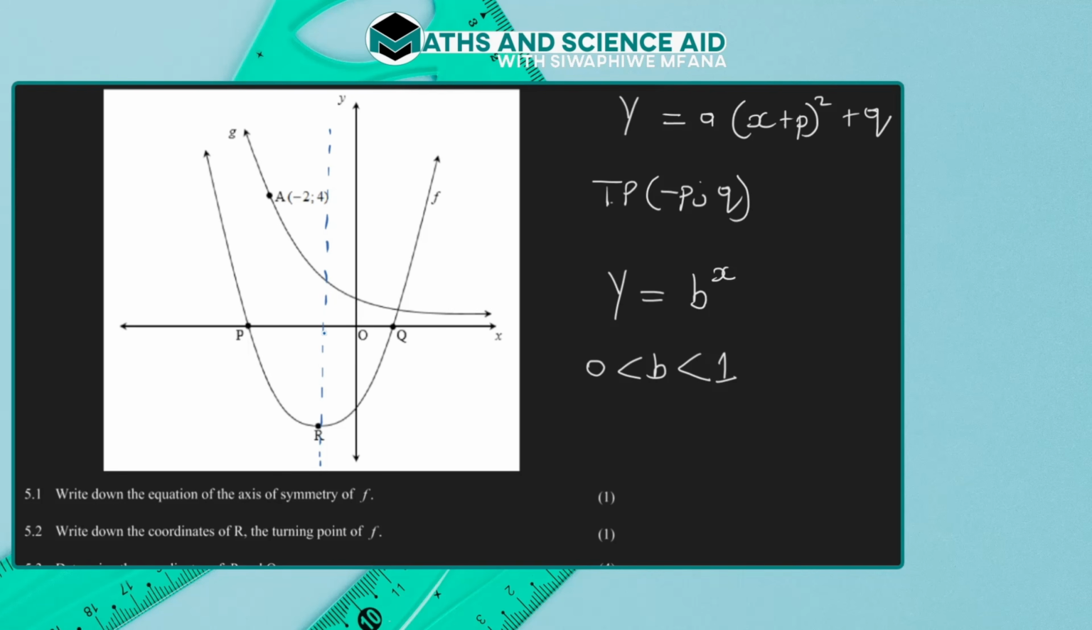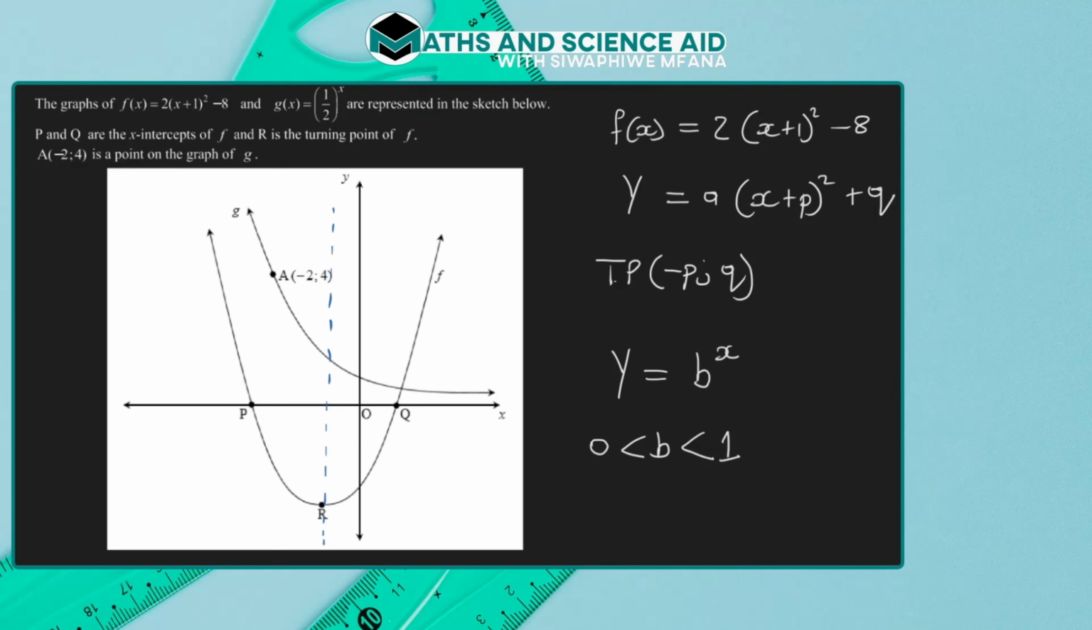which passes through the turning point. And since it is a vertical line and thus passes through the x-axis, the equation of this line is given by the x value of the turning point. And so you must note that the instruction here is write down, and this is only for 1 mark because since they have given us the equation of f in this format,